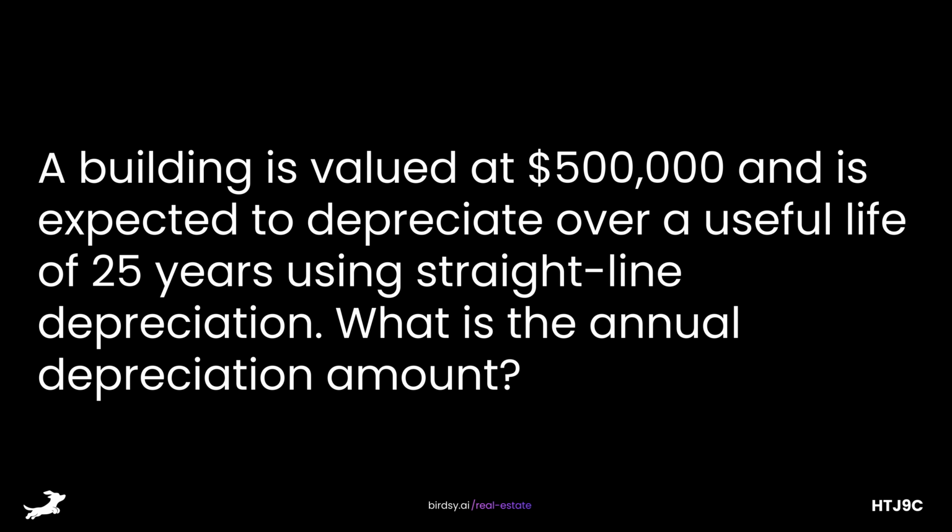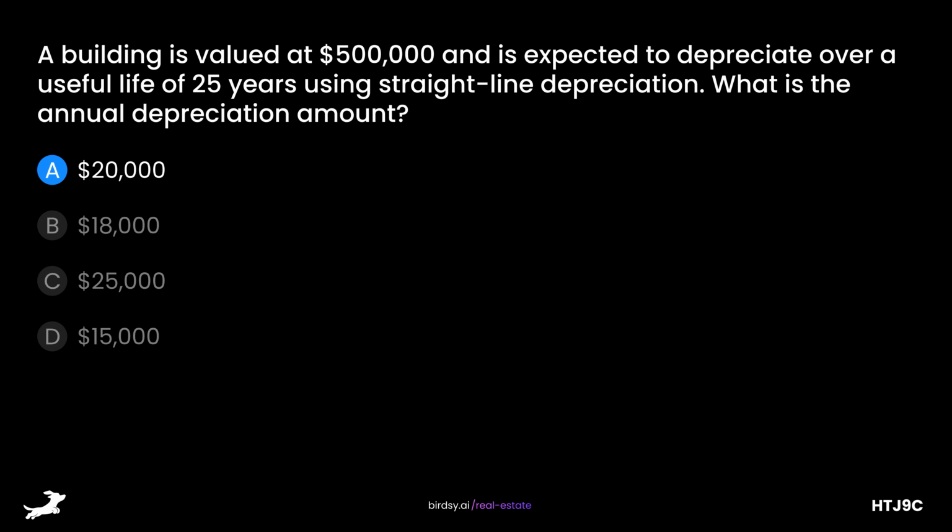A building is valued at $500,000 and is expected to depreciate over a useful life of 25 years using straight-line depreciation. What is the annual depreciation amount? Is it A, $20,000, B, $18,000, C, $25,000, or D, $15,000? The answer is A,